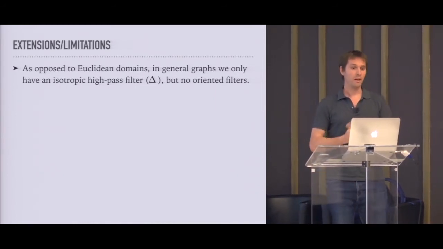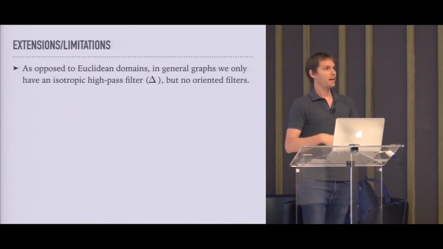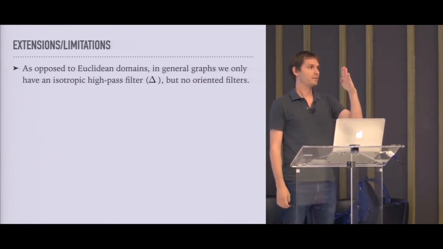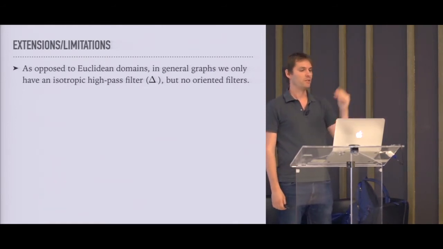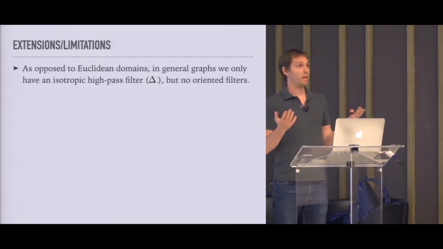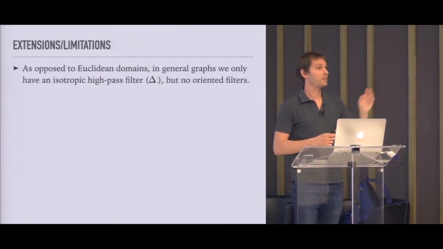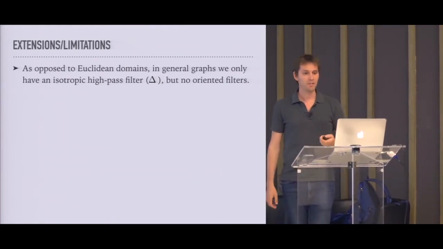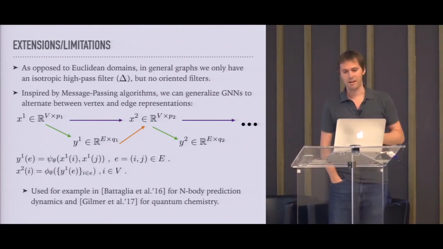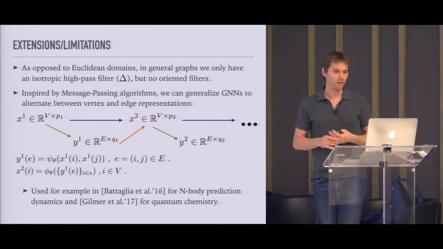And so one of the limitations that you might wonder about, right, is that, well, in the Euclidean domain, I have directional derivatives, right? And it makes a lot of sense to have a filter that is sensitive to this direction and a filter that is sensitive to this direction. Here, the underlying high-frequency information is captured with the Laplacian. And the Laplacian, as you know, is an operator that is isotropic, right? It doesn't see the orientation. So this is a limitation that has been interestingly addressed and kind of mitigated to some extent with a number of different extensions that you can build on this basic model. Okay, so in particular,